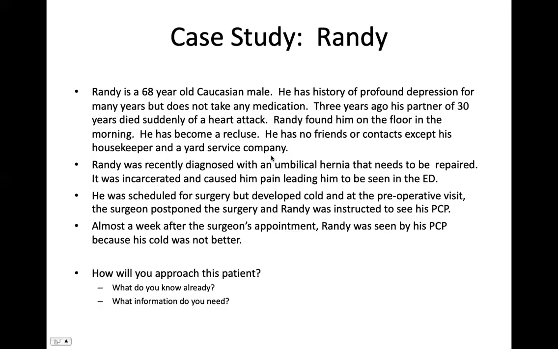And I've known him for about 3 years. He comes in and out sporadically, so sometimes I'll see him a lot. When I originally started seeing him, he had a terrible back pain. He was opioid addicted. And since that time, he's gone off all his opioids. His back is better. We've treated him at a pain clinic. He's gotten injections, but he's actually doing much better with his pain. He's 68 years old, and he has a history of profound depression for many years, but he doesn't take any medication. He has a psychiatrist in California, and he's had this psychiatrist for years. So he's back and forth on the phone with his psychiatrist pretty regularly.